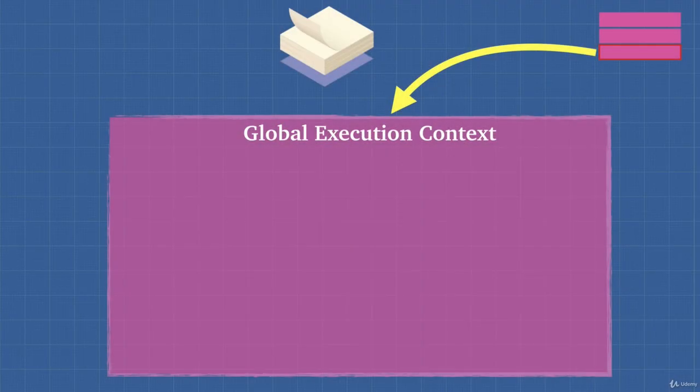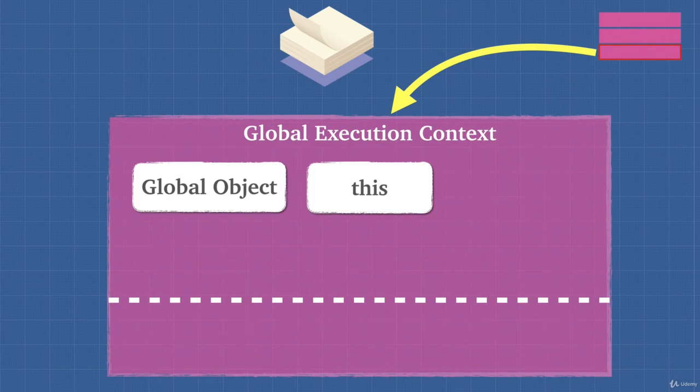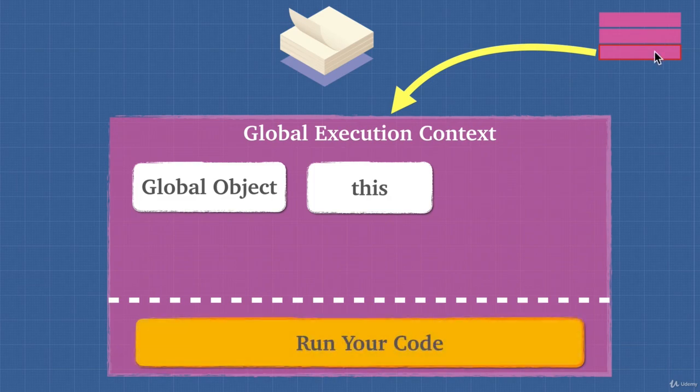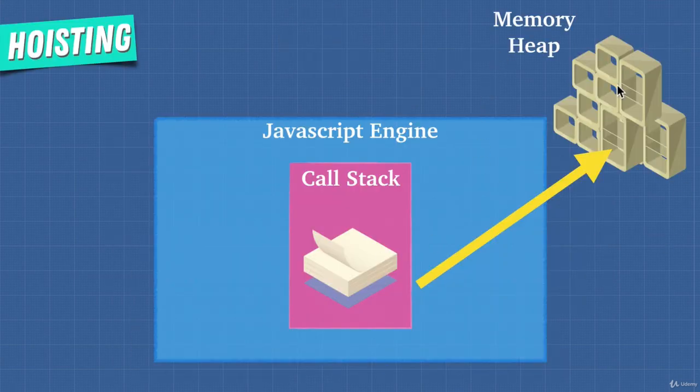with our global execution context, we have a few things that happen. We have the global object and the this object during the creation phase that gets assigned. And then during the execution phase, we run our code. But it's important to remember that during this creation phase, we also have this act of hoisting. Something that's quite unique to JavaScript, where anytime we see the function or the var keywords as the first items on the line, we allocate space for them in our heap to make sure that the JavaScript engine is ready for the